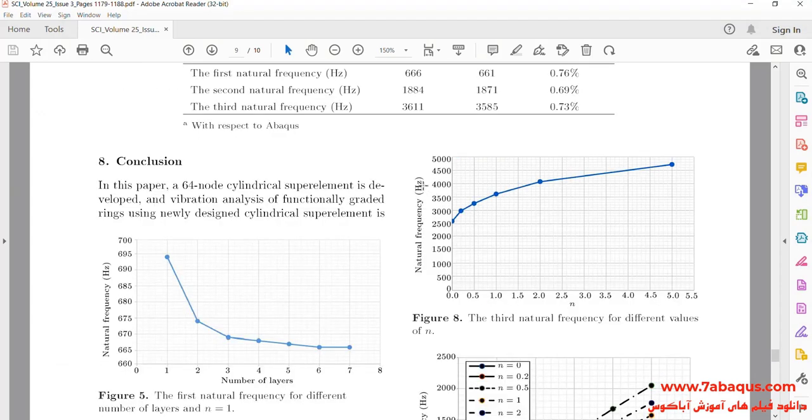Here, we intend to draw the diagram that is related to the third natural frequency,